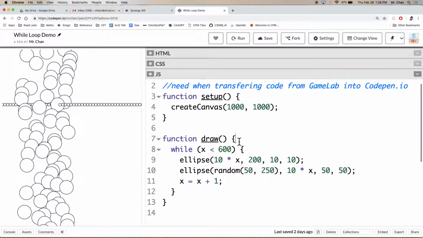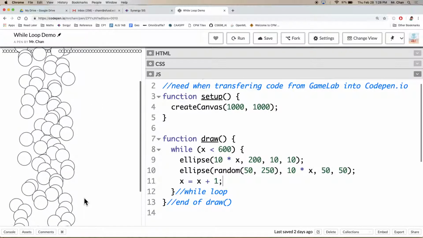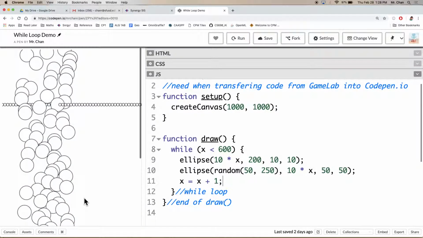So now I clearly see inside my draw function, end of draw function, I have one loop. This is the new idea. This is called my while loop. And so far, I get 600 images being drawn to the screen. But it all happens at once, and I want to show you an idea about when to use a new